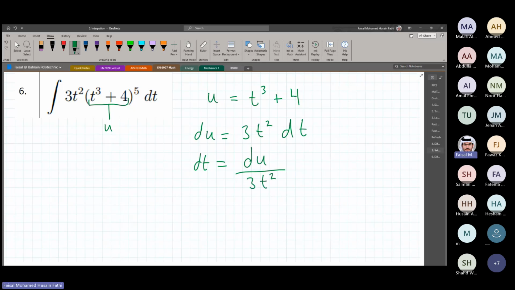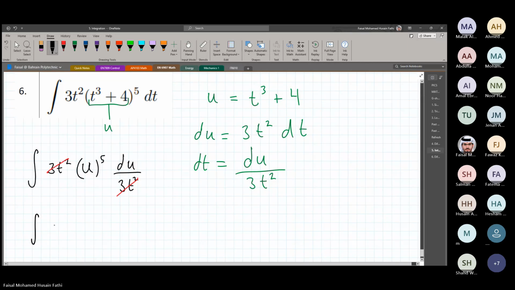And let's plug this back into the equation. So the integration of 3t squared u to the power of 5 times du over 3t squared. Let's see what happens. We get to cancel this with this. And that's it. And we can solve it very easily now. So it will become u to the power of 5 du, which is equal to